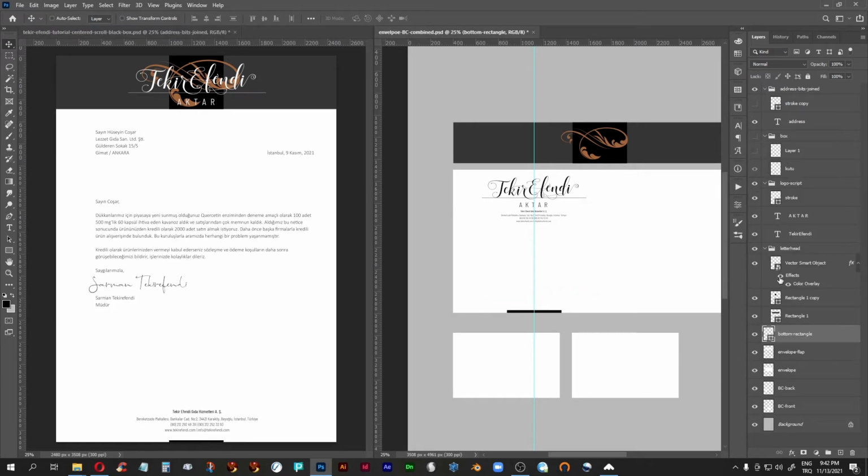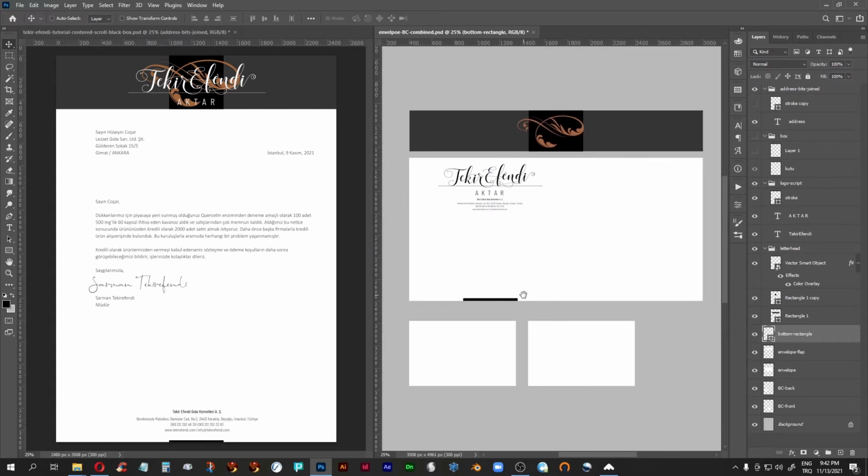Let's close the box here. And now let's look at them together. So we still have the same system in the sense that this is centered, this is centered, this is centered, this is centered. The relationship of the leading and the point size is consistent because we just scaled it down,